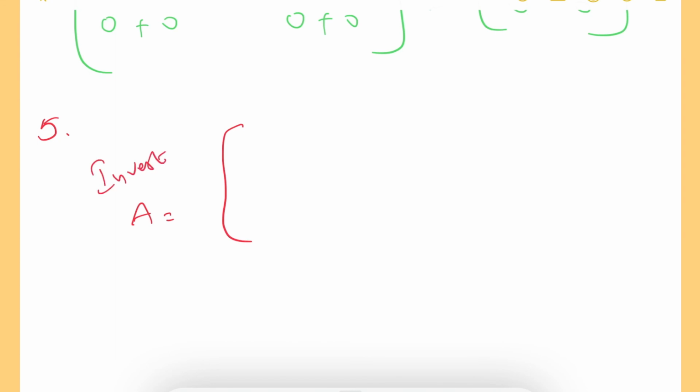A trust fund has to invest a total of 30,000 rupees in two different types of bonds. For the first bond, if he invests X rupees, then what will be the amount in the second type of bond? Total is 30,000, so this will become 30,000 minus X. And next one will be matrix B.